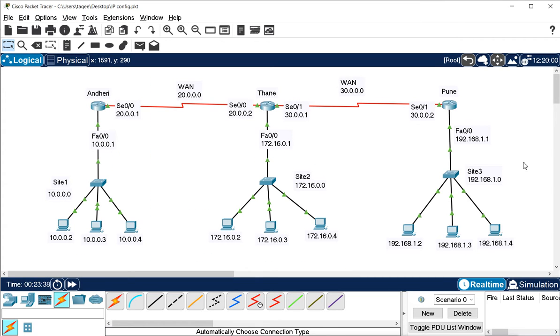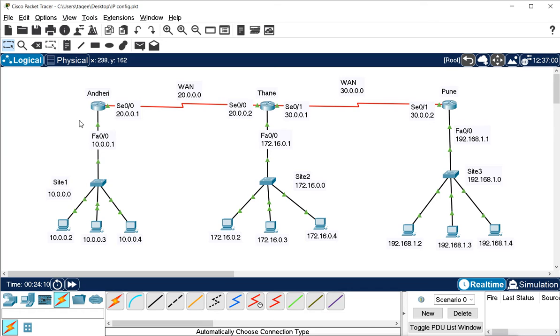So it is not like we only have to configure this Pune router. In static routing, we have to configure all the routers, and we have to inform them that these new networks have come. It is not like we mention only the new router. That means I have to configure the new router, but again I have to configure these routers also, which are already configured, because the new network comes and they don't know about those networks.